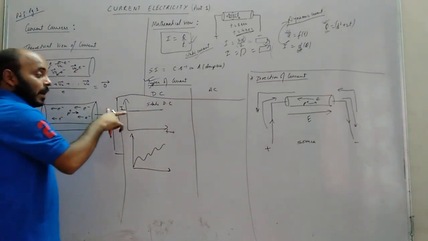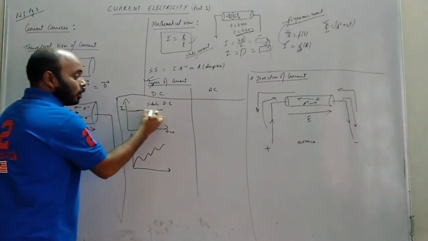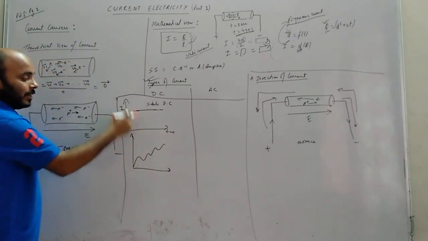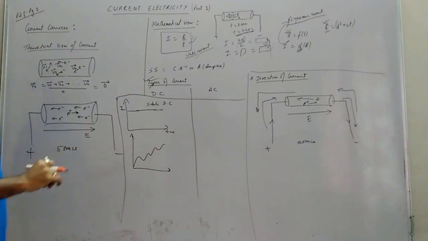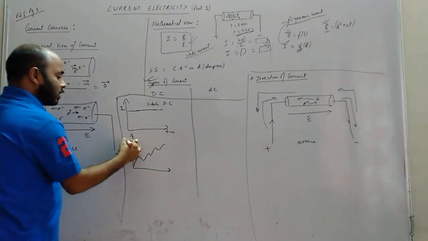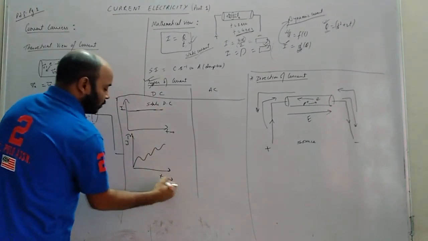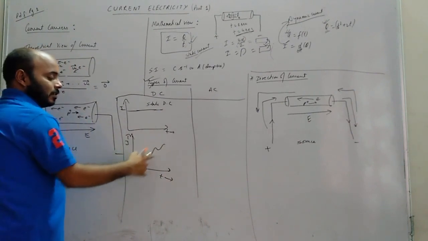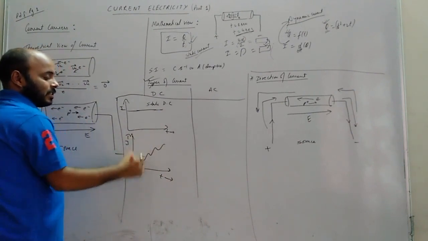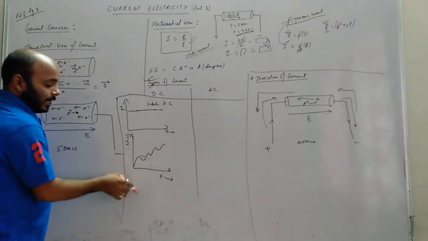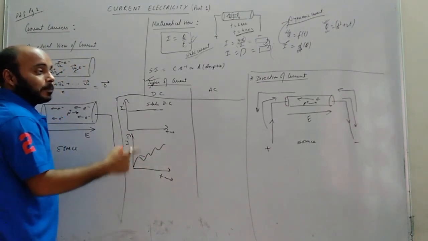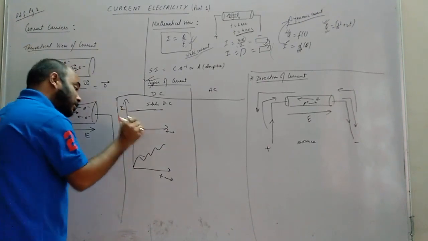Okay, but this line is not going to the negative y-axis. Is it going toward the negative side? No. That means the polarity of the current is not changing. Now if you go to this curve, here also the magnitude is changing at every instant. But does it go into the negative terminal? No. Is it going toward the negative y-axis? No. That means polarity is not changing. That means this is also a DC.